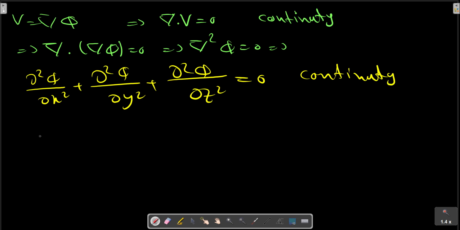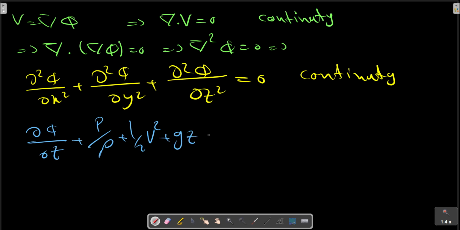And for the momentum equation also we have the relation based on the potential, the velocity potential, which is constant, where